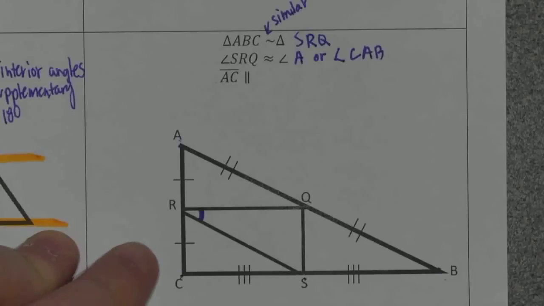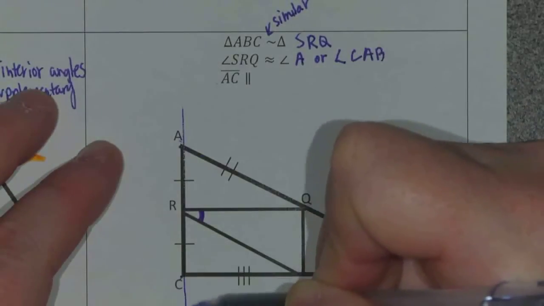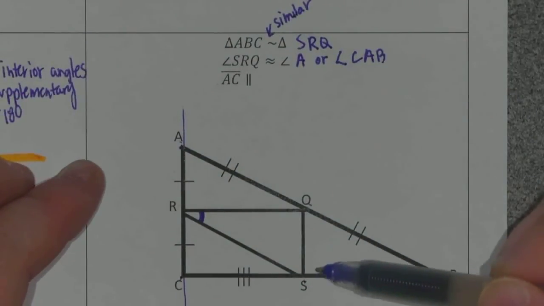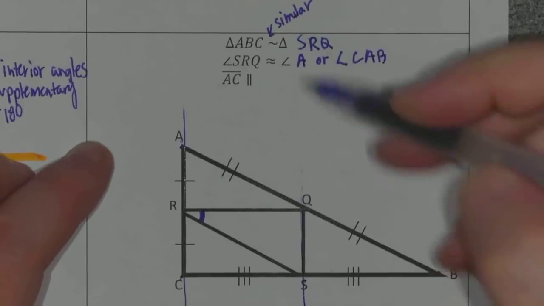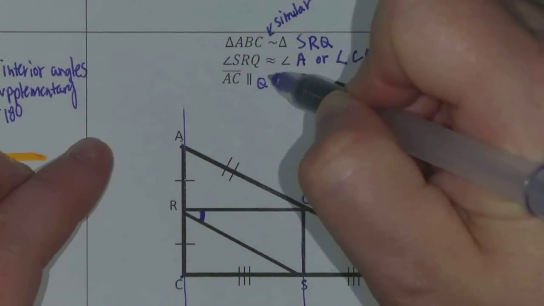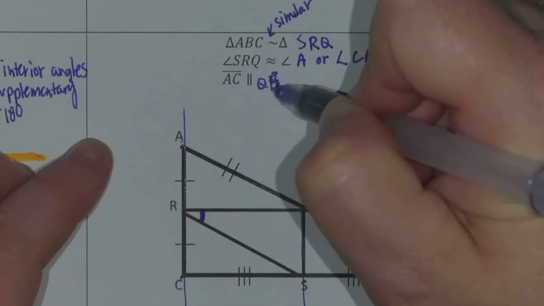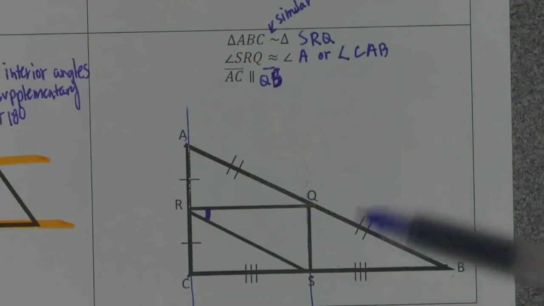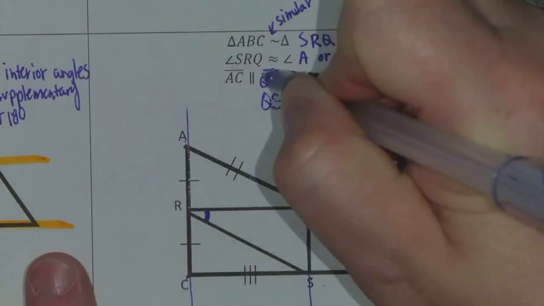All right, last question on this note-taking guide. AC is parallel to what line? So AC is right here. What line is it parallel to? Yeah, SQ. Oh, S we said, and I'm writing an R. QS. You could write SQ if you wanted to. It doesn't matter. It's just that line segment there. I'm just going to write that again because that looks